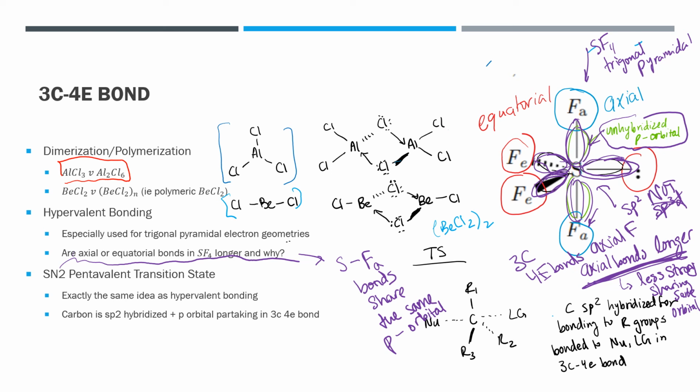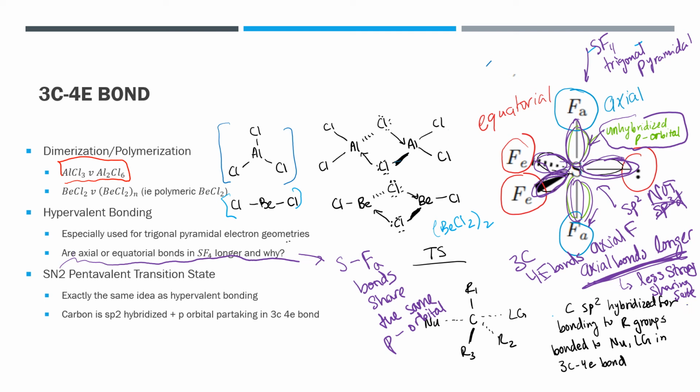So if I have to share 2 bonds with 1 orbital, it's going to be a weaker bond. We're basically splitting that sharing power in half, right? So that's why our axial bonds are longer and not because of repulsions of lone pairs. So that's sort of an important example to keep in mind, and that did pop up in a USNCO exam